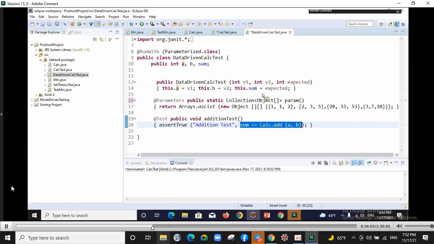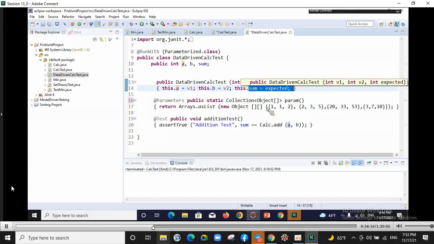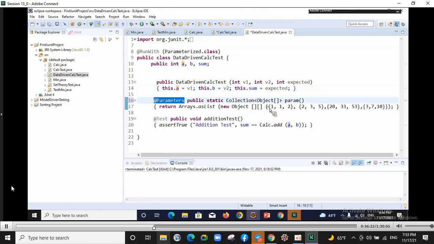The JUnit runner, when it sees the annotation parameters, determines that probably in this method there are a collection of test cases, and extracts each test case automatically from this set,